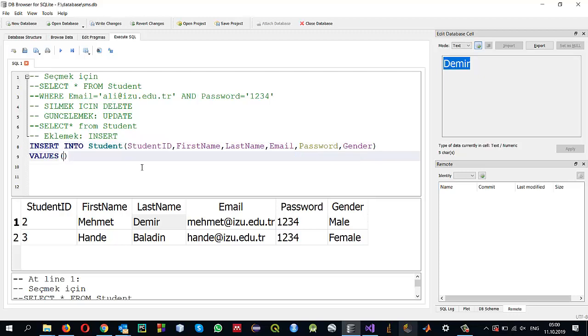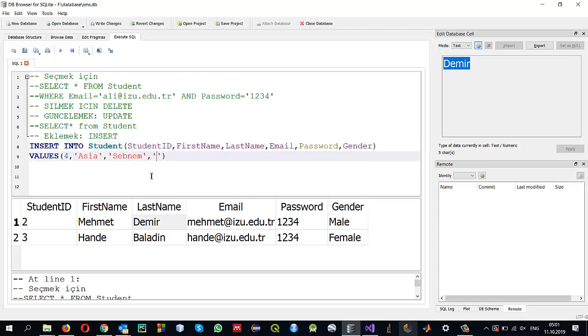And this ordering is very important. First we write the student ID, therefore the first value in the values must be the student ID. Since student ID is integer, we put it as it is. And then first name, since this is a string, we write this one inside the single quotes. And let's say the student name that we want to add is, let's say we want to add Asia, or whatever. Let's say it's a first name, and then the last name is Shebnem. And so this order is very important. So student ID and then first name, then the last name,